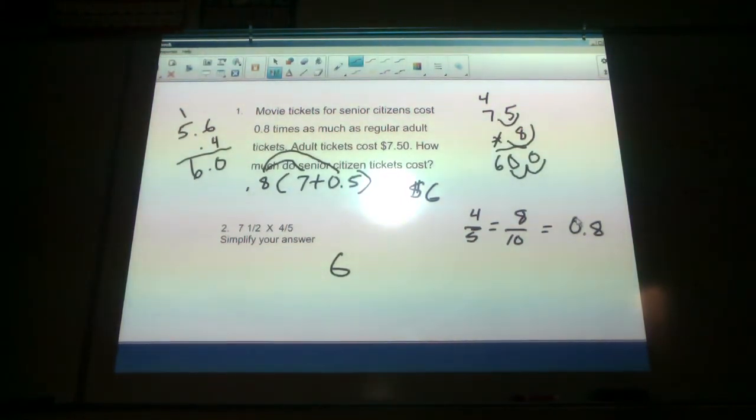Come on, raise your hands. What do you have to do when you're multiplying a mixed number? You have to do what? Convert it to an improper fraction. Right? The rule for multiplying is numerator times numerator over denominator times denominator. Okay? So,